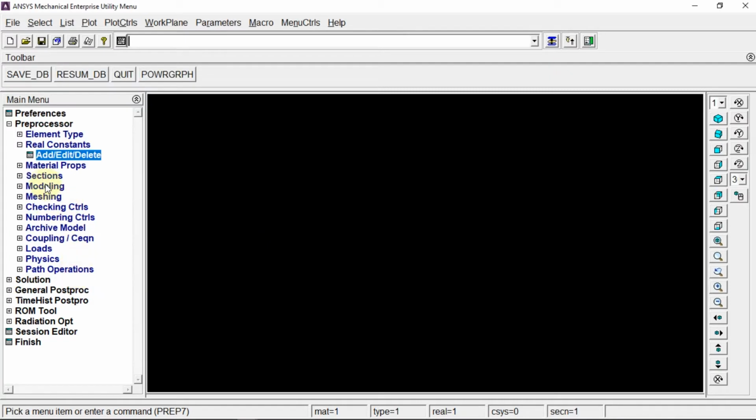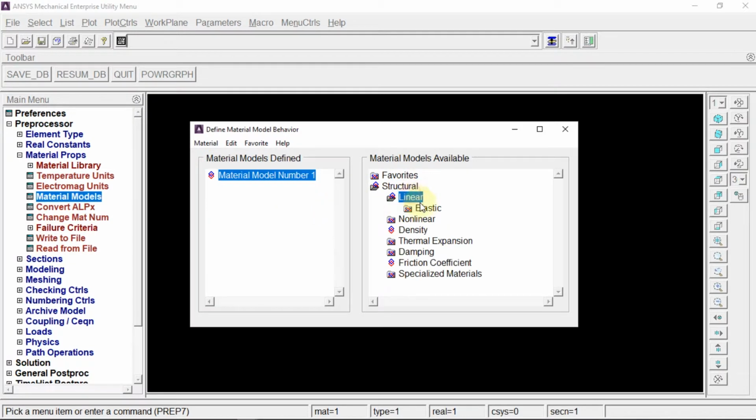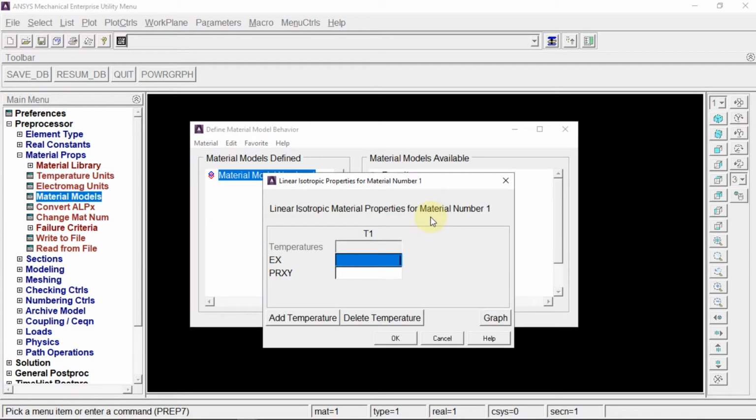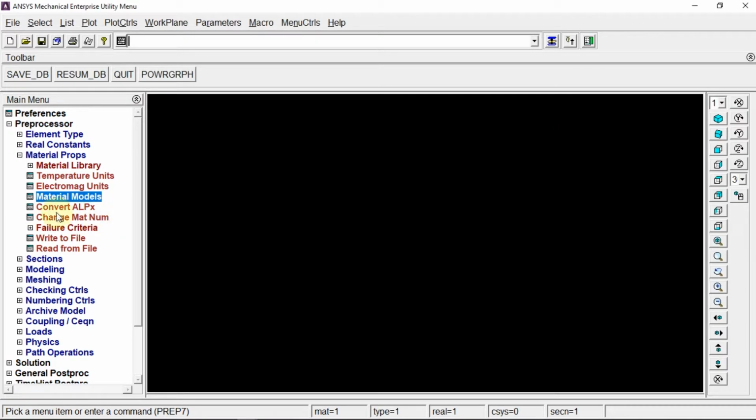Okay. Then next is material properties, material model, structural linear elastic isotropic, and the property given to me is 2.1E5 and 0.27. Click OK, close.